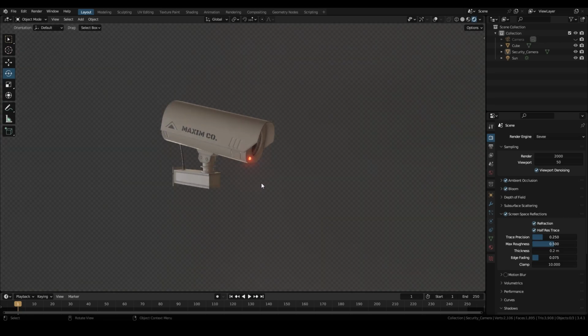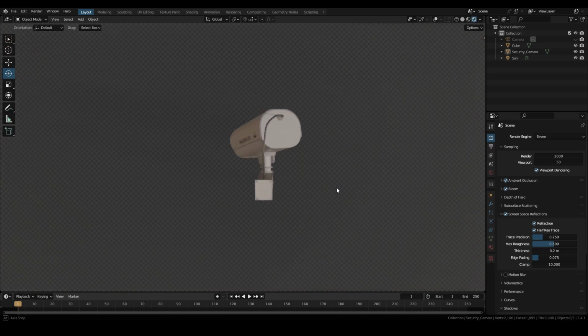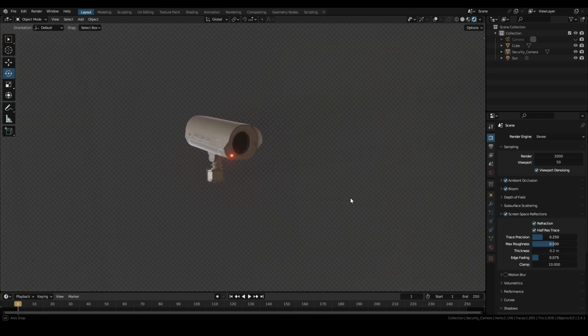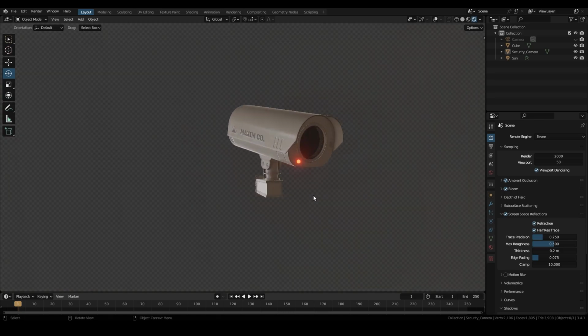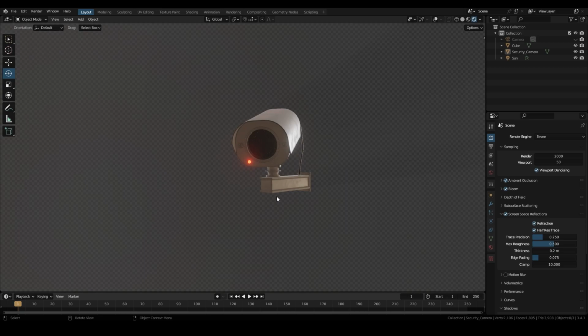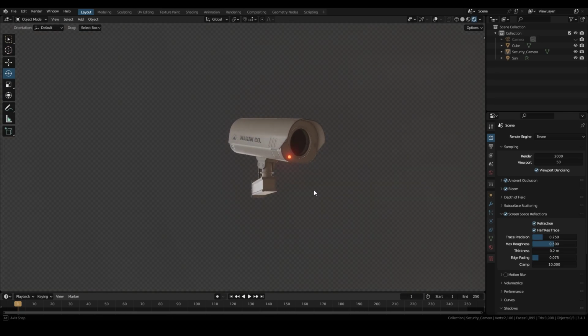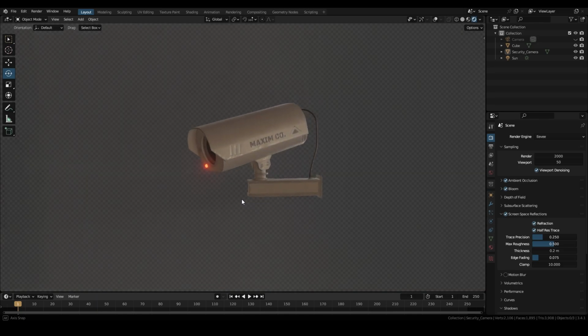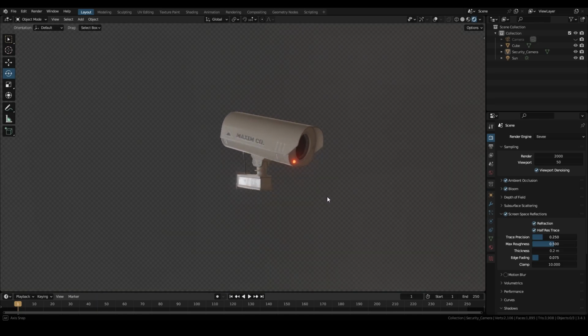So in today's video, what we're gonna actually cover is modeling a complete game asset from start to finish. We're not gonna focus on texturing or UV unwrapping or baking. We'll actually cover that in a later video. Today, what I wanted to go over was how to pretty much go from your visual memory to paper, or